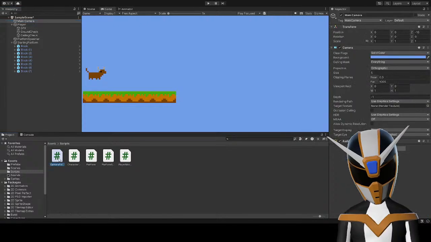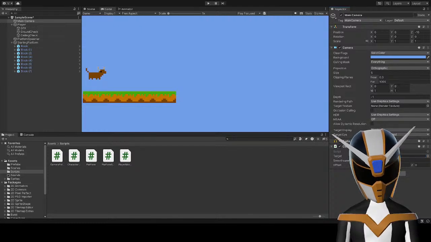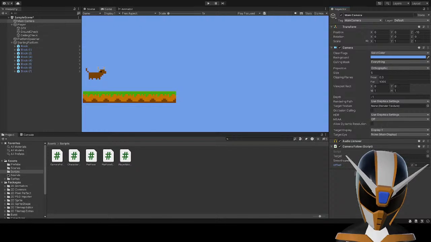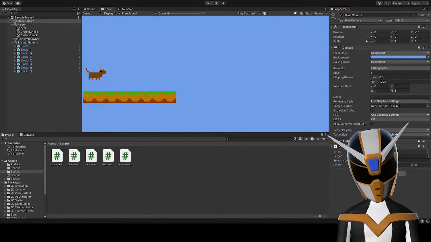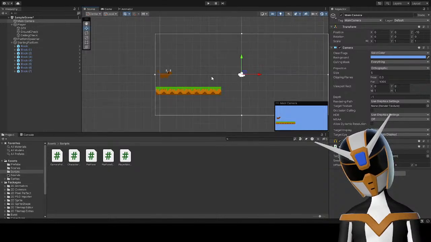I think I just put this script on my camera, and then just have the player as my transform, and then I want to offset it by like how much on the x-axis, I wonder.